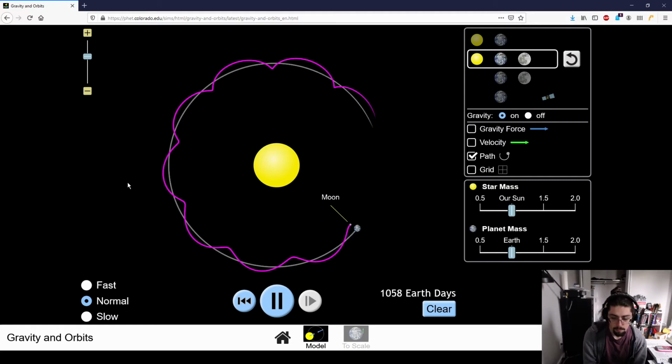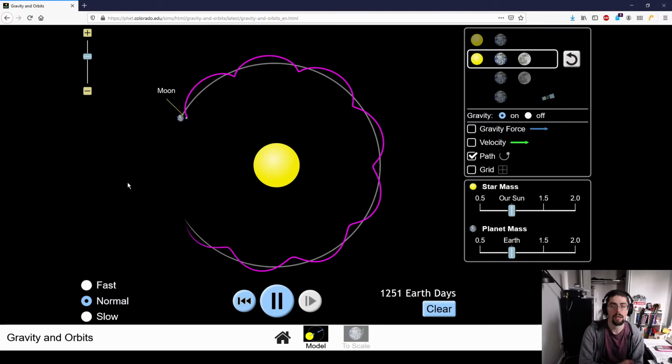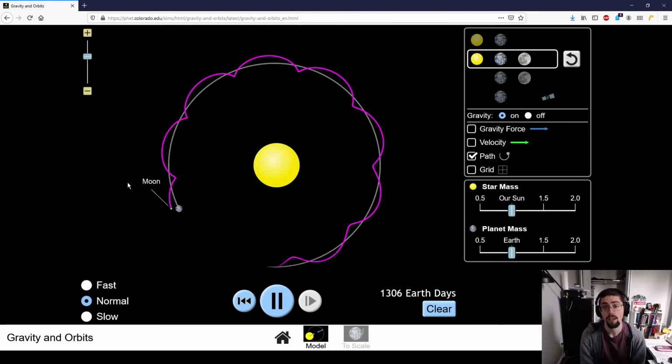Why is the sun not moving? Because for the most part, the force from the Earth and the moon are pretty insignificant for how much the sun moves. And this is a model. This is what we would call a fixed sun model. Technically speaking, the sun does wiggle a little bit as well, because of course it does feel a gravitational force from the Earth and moon. However,